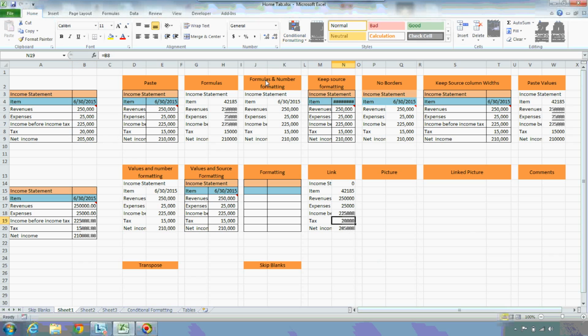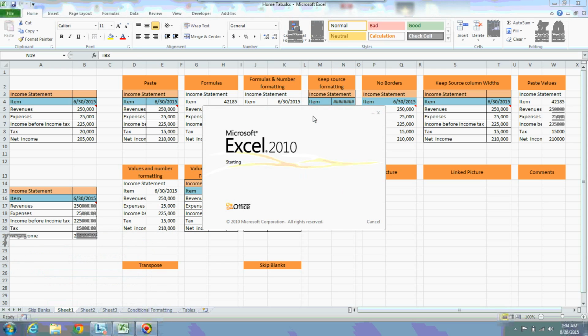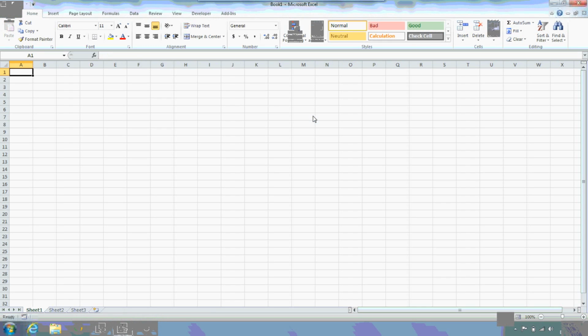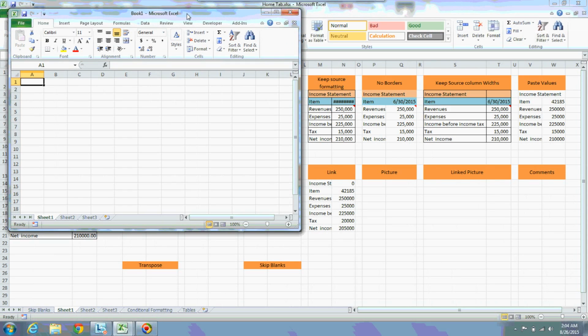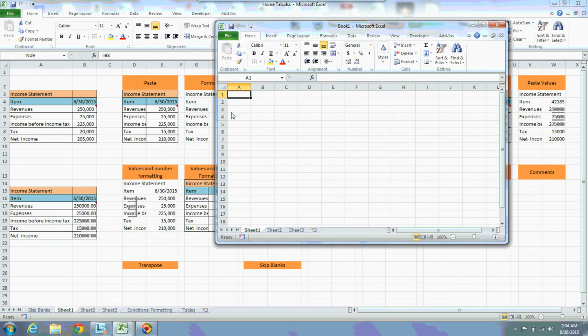This is a workbook called Home tab workbook. If I open one more workbook, I am just showing a classic example for you. This is Book1.